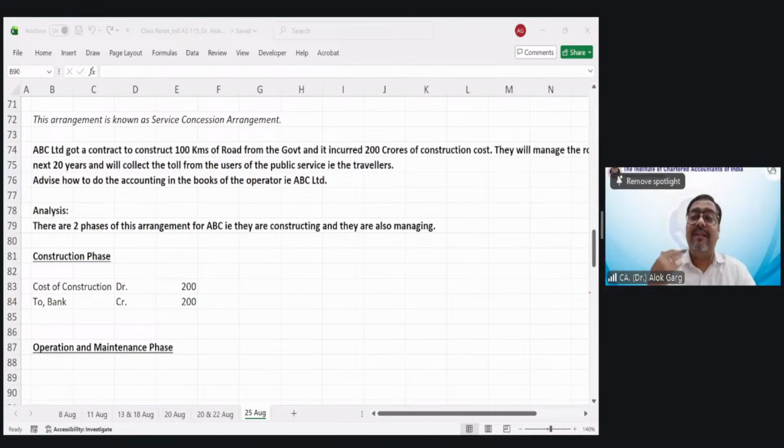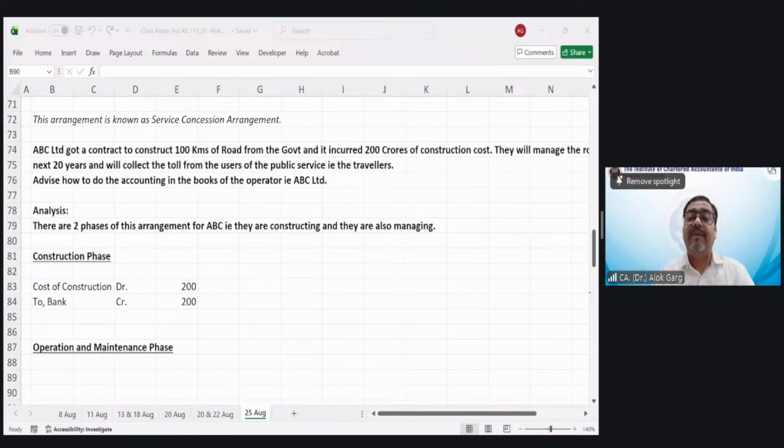The government will give you a contractual right to receive cash. Means the government will say, I will give you 5 lakh rupees on a daily basis, for example. So the government has guaranteed the cash. Government told, listen, if you collect a toll of 20 lakh rupees, you will return 15 lakh rupees to me and you will keep 5 lakh rupees. But if you collect a toll of less than 5 lakh rupees, I will compensate you.